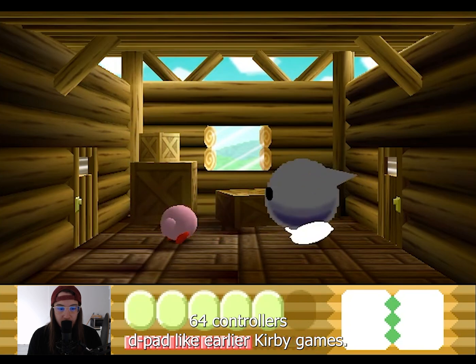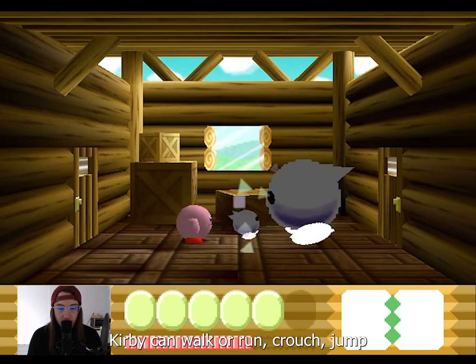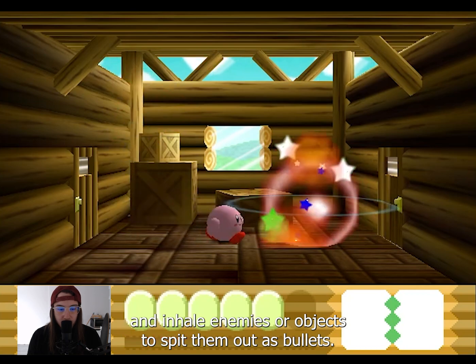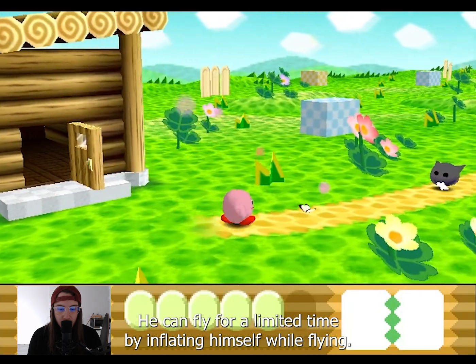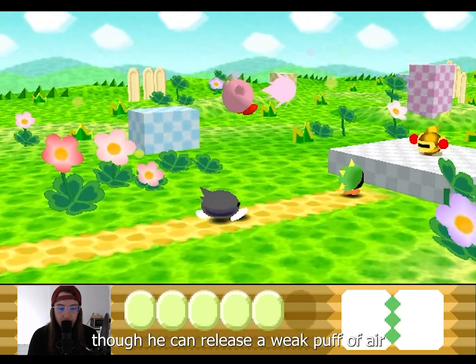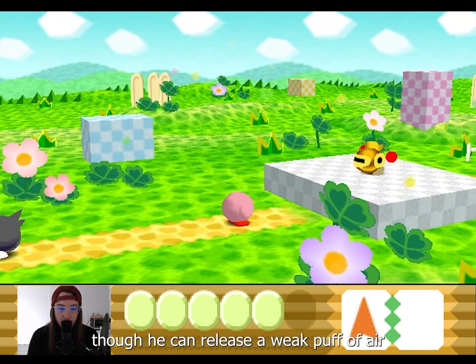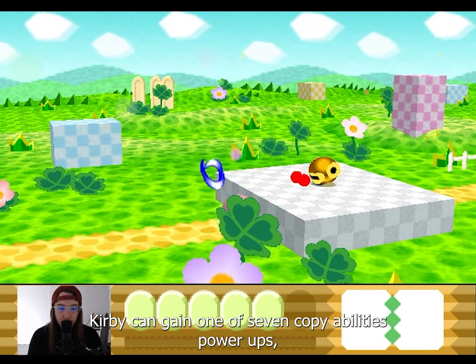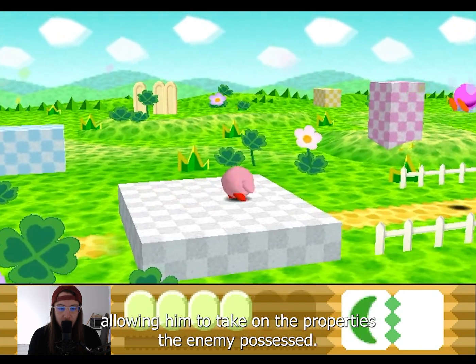Like earlier Kirby games, Kirby can walk or run, crouch, jump, and inhale enemies or objects to spit them out as bullets. He can fly for a limited time by inflating himself. While flying, Kirby cannot attack or use his other abilities, though he can release a weak puff of air. By eating certain enemies, Kirby can gain one of 7 copy abilities, power-ups allowing him to take on the properties of